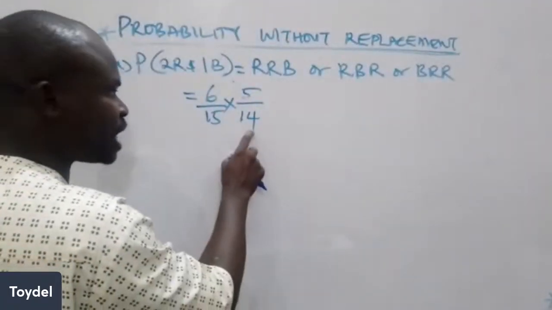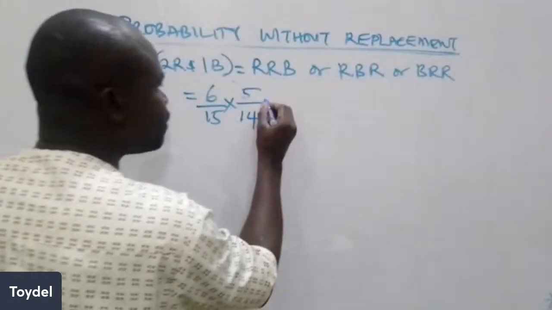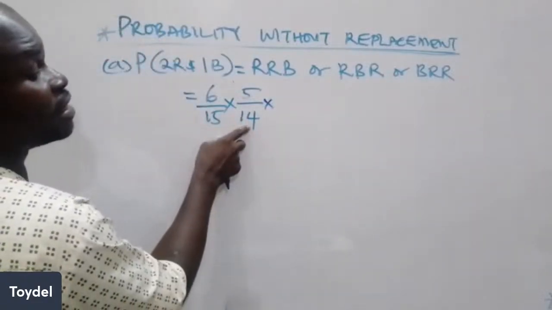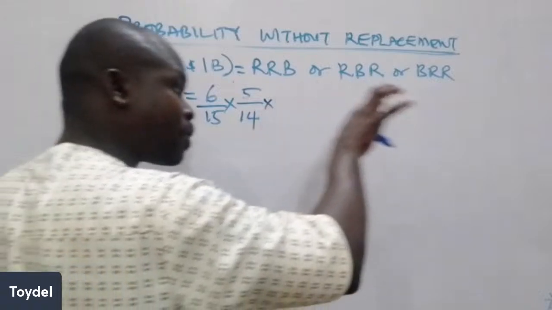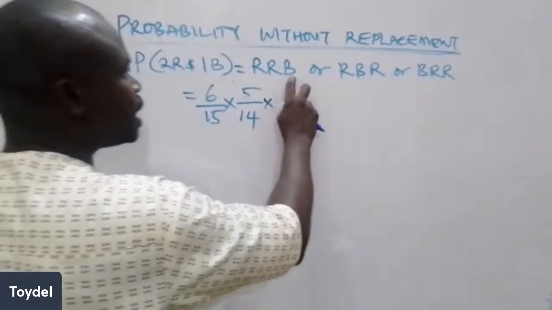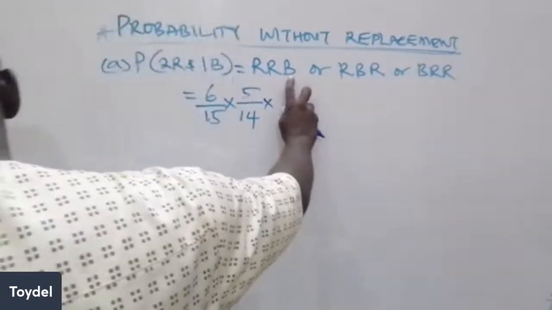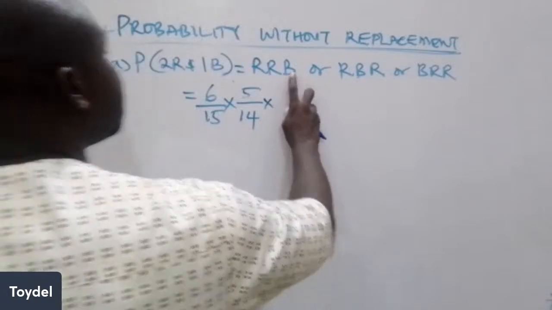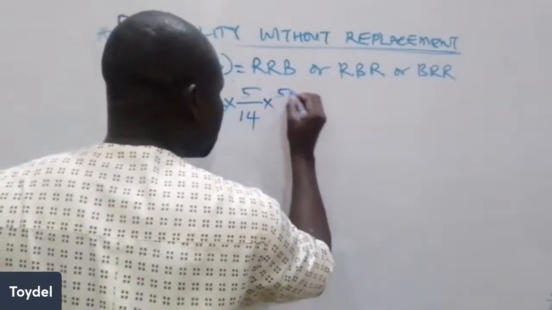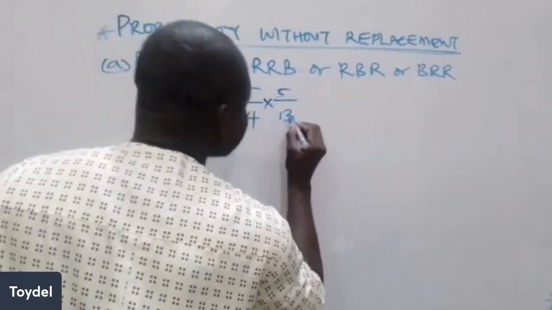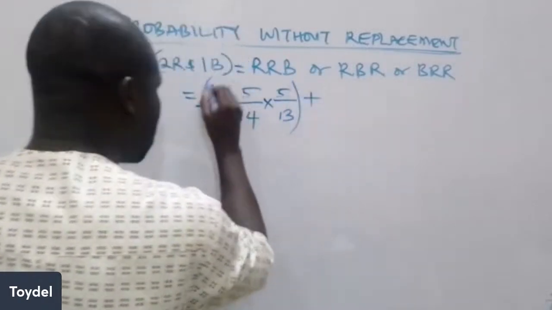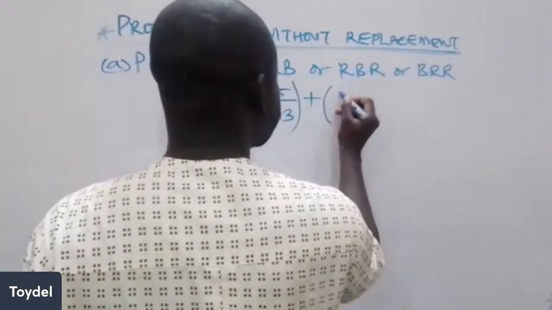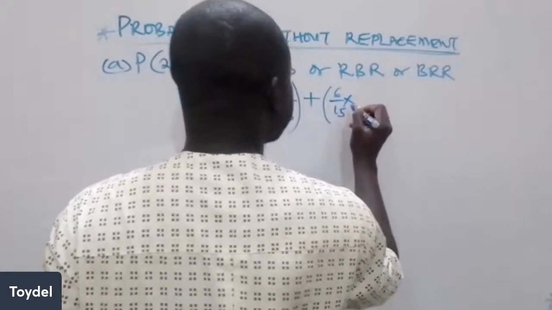So the total is 14 now. If you want to pick another ball, you've picked 2 balls without replacement, so the total has reduced to 13. You are now picking from the remaining 13. If the ball is blue, you are picking from the 5 blue, which will be 5 over the remaining 13. Or, if that's not the arrangement, you decide to pick the first ball and it's red. Red is 6 over 15, multiplied by